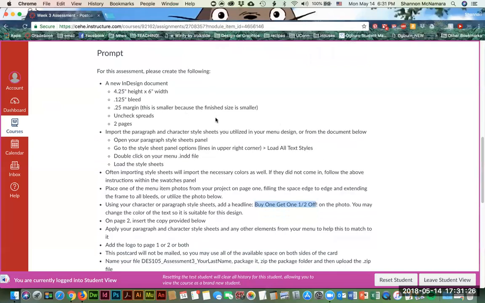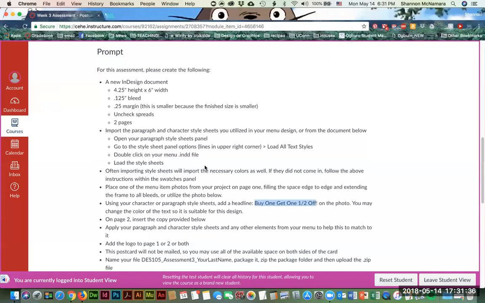Often importing style sheets will import the necessary colors as well. But if they didn't come over, you'll follow the same exact instructions just in the swatches panel. Place one of the menu item photos from your project on page 1, filling the space from edge to edge,